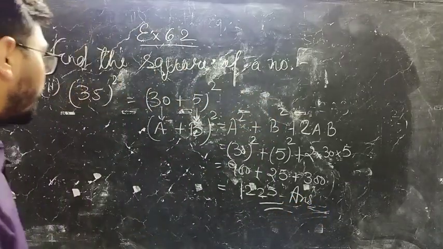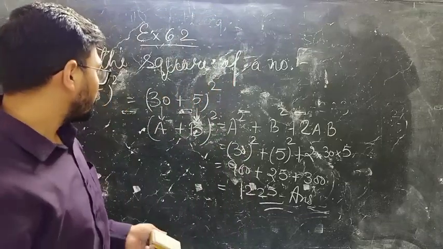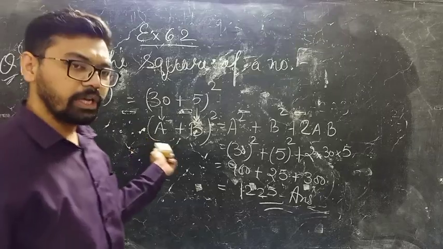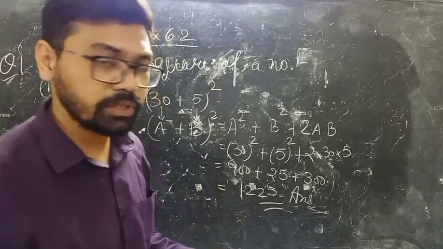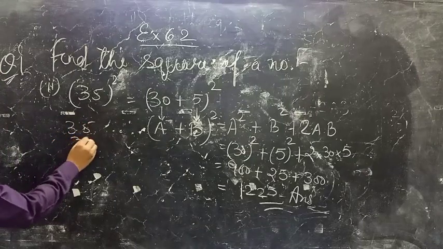Okay? बेटा ऐसा नहीं है कि 35 स्क्वायर आप करेंगे तो आपका आंसर नहीं आएगा. The reason is, ये क्यों कराया जा रहा है? So that you must be aware of this expression a plus b whole square. This is a very important expression. अगर आप चाहें तो 25 को ऐसे मल्टीप्लाई करके भी चेक कर सकते हैं, but this is not the way.